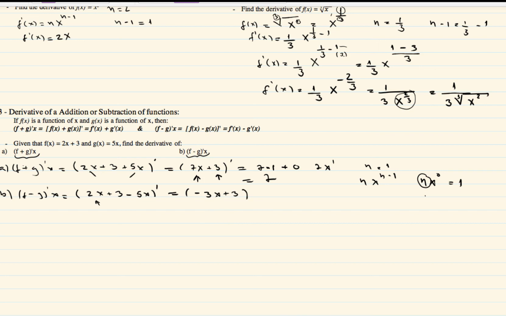So again, the same rule. This x here is raised to some power of n, which in this case is 1, and n minus 1 is 0, which means this x is going to be raised to the power 0, and this gives us 1. So that 1 will be multiplied by this minus 3. So we have minus 3 into 1 plus the derivative of this constant, which is 0. So this becomes